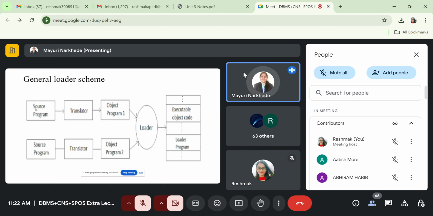So now what is that? Here is the source program. Next we pass it to the translator. Next the object program of that source program will get created here. Okay, so this is for another program. After that, this program will get loaded. Okay, and by using the loader, what does the loader do now? The loader puts that executable object code in the main memory. In the previous compile and go there is something similar, but in the general loader scheme, you can check here the loader itself is present in the main memory.